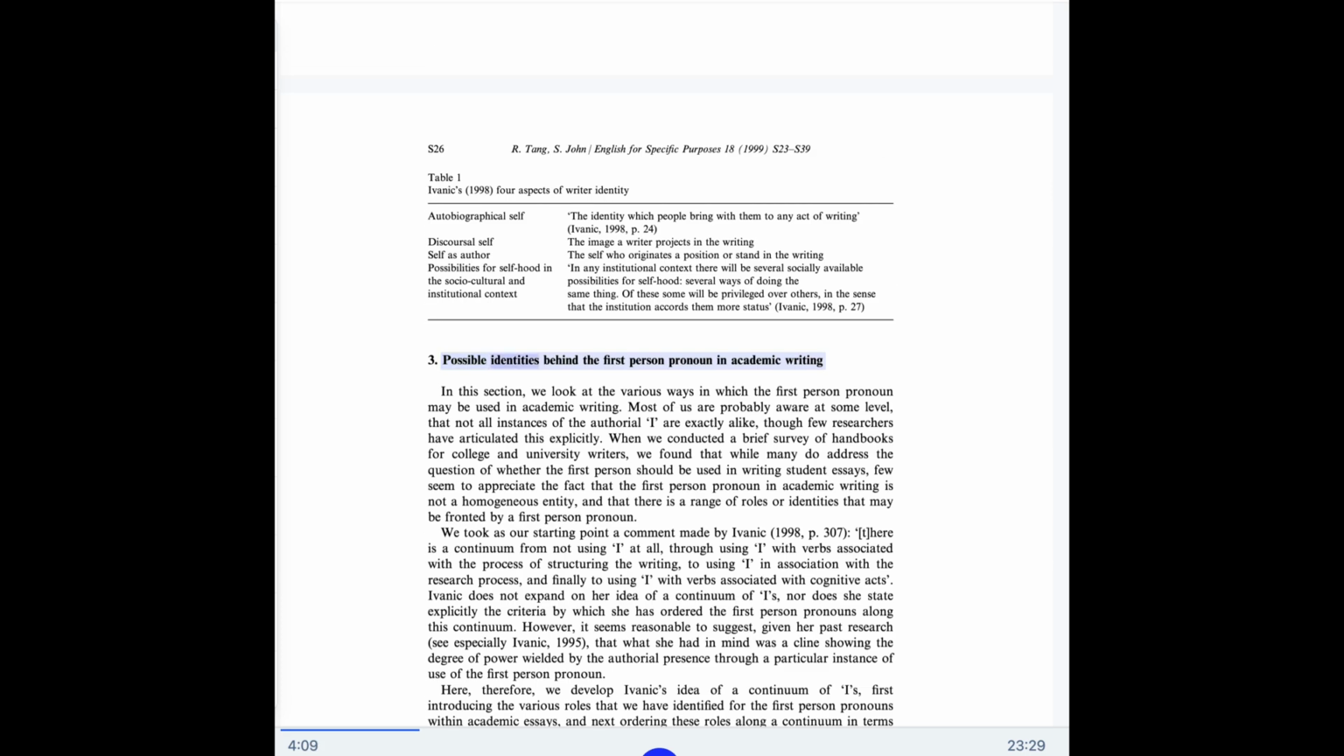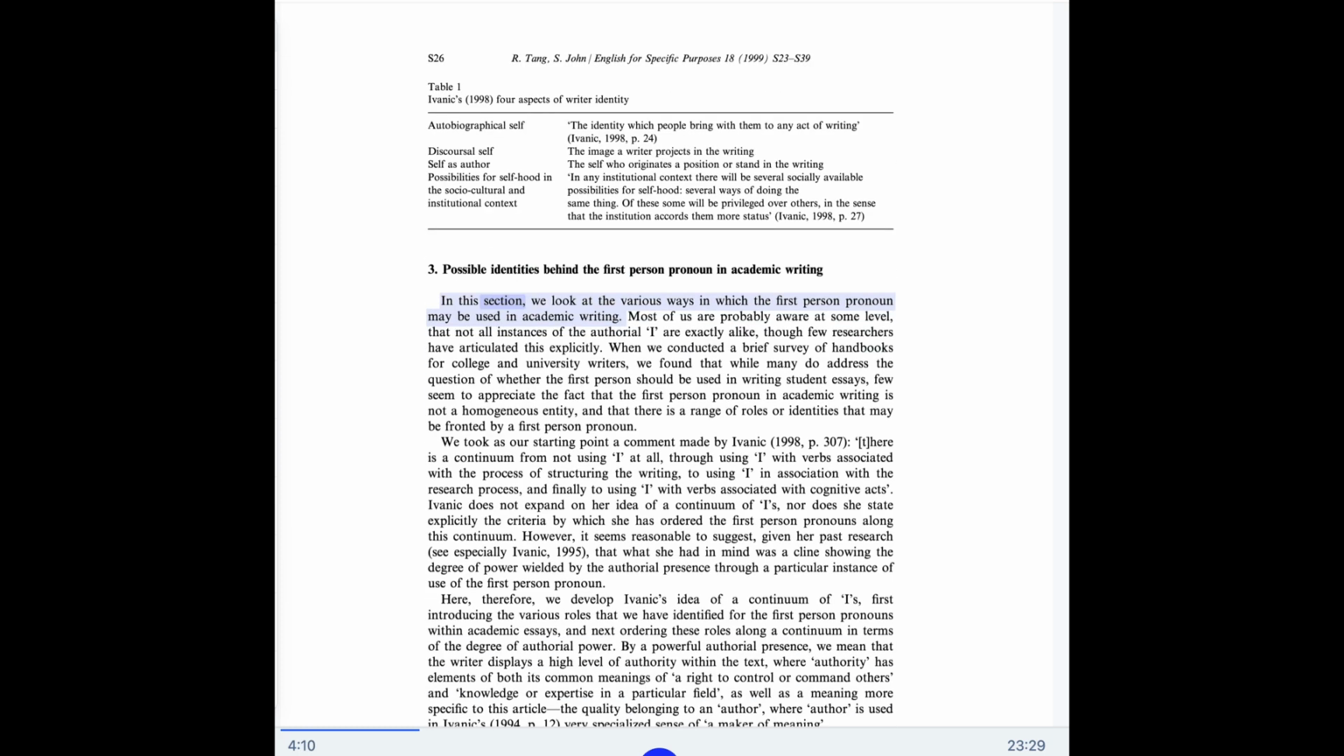3. Possible identities behind the first person pronoun in academic writing. In this section, we look at the various ways in which the first person pronoun may be used in academic writing. Most of us are